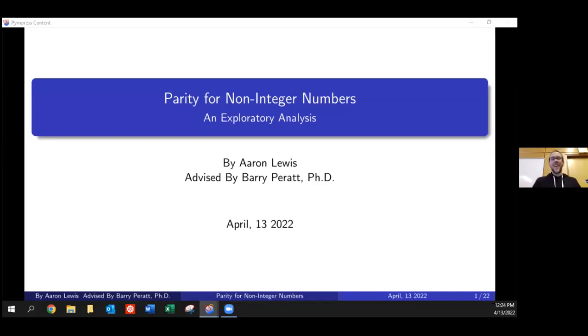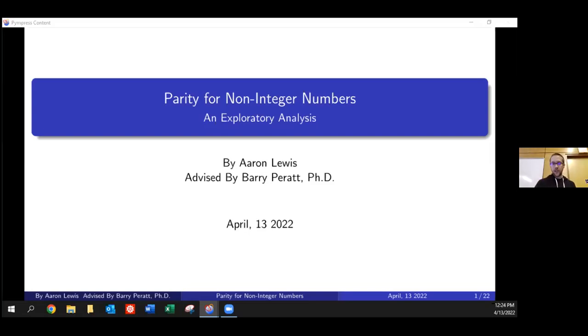We can start now. So parity is a concept that most people have a rough understanding of, but don't really have a name or definition for. In layman's terms, parity is just whether or not a number is even or odd, at least when applied to numbers. And as for numbers, it only really has an accepted definition for the integers. And that's what my presentation and my project was about, an exploratory analysis into extending that definition into numbers that